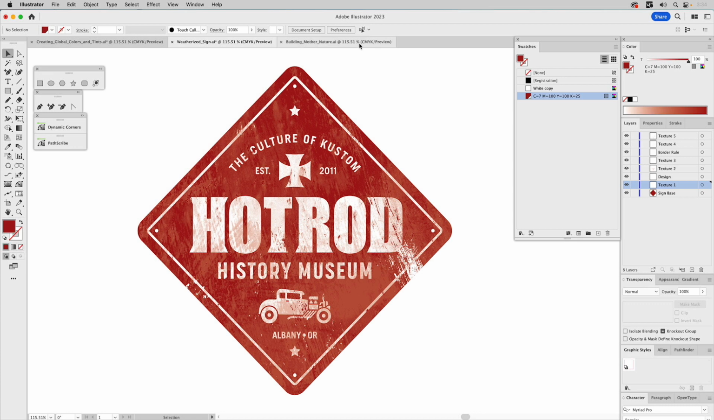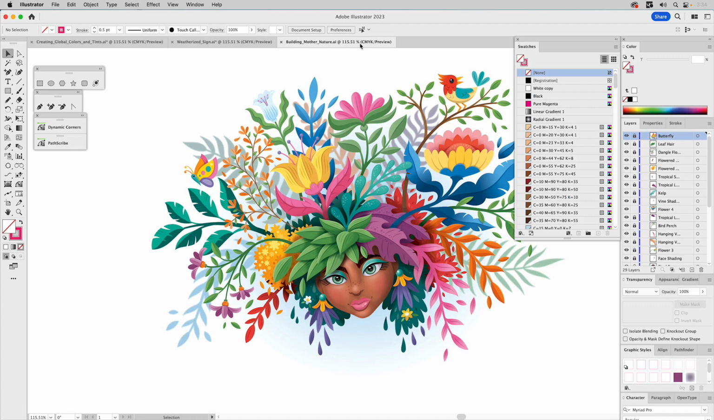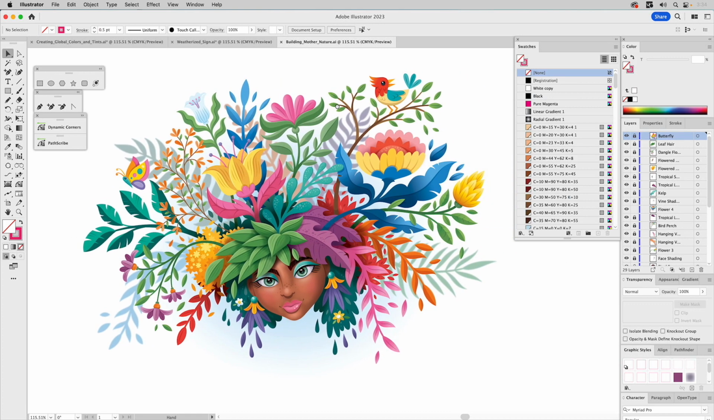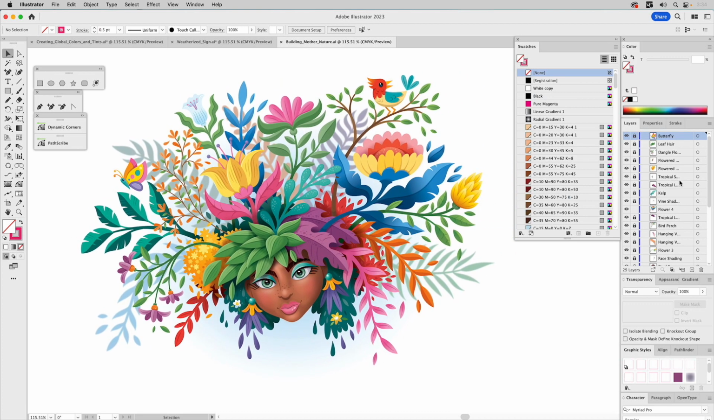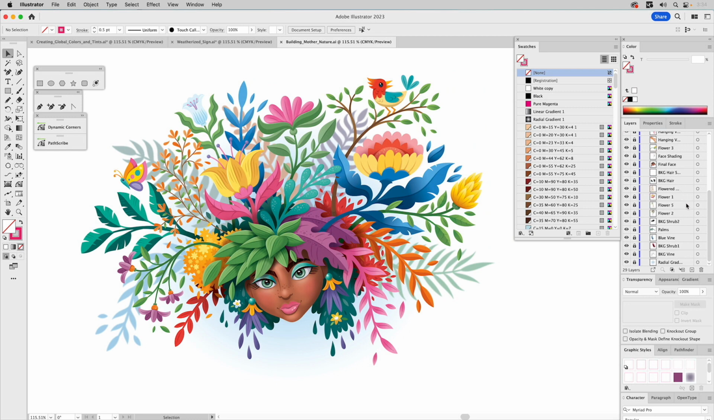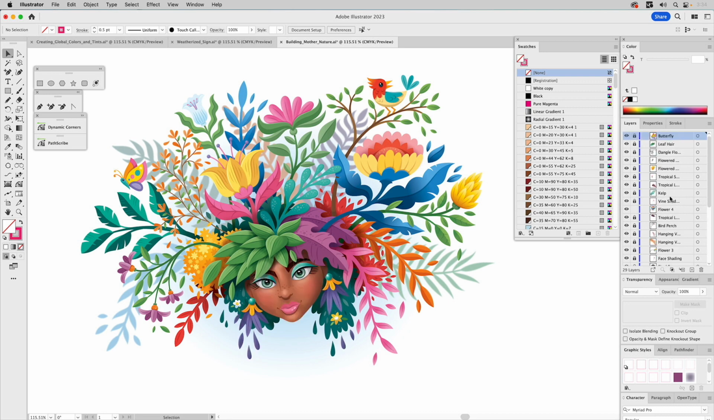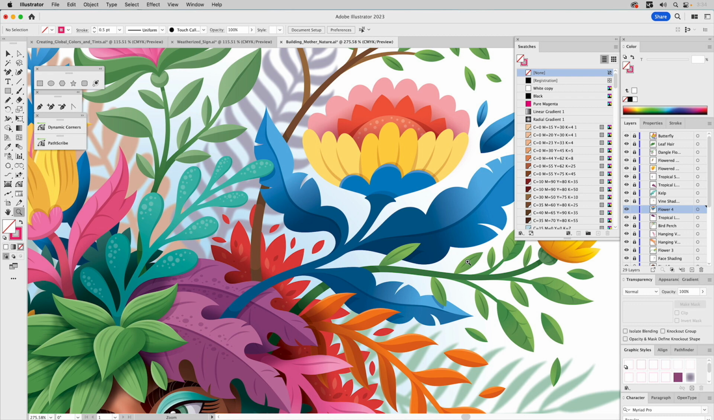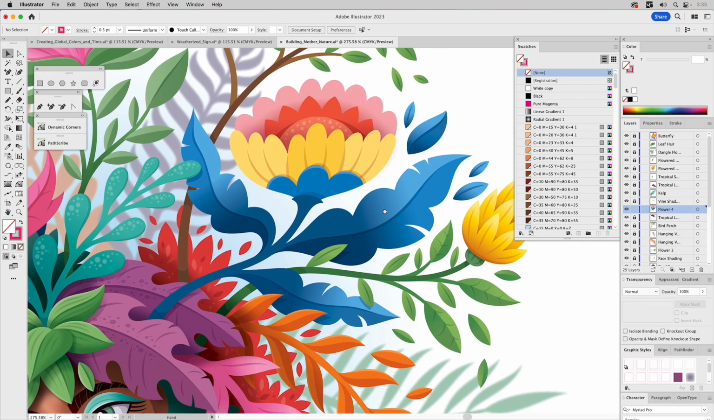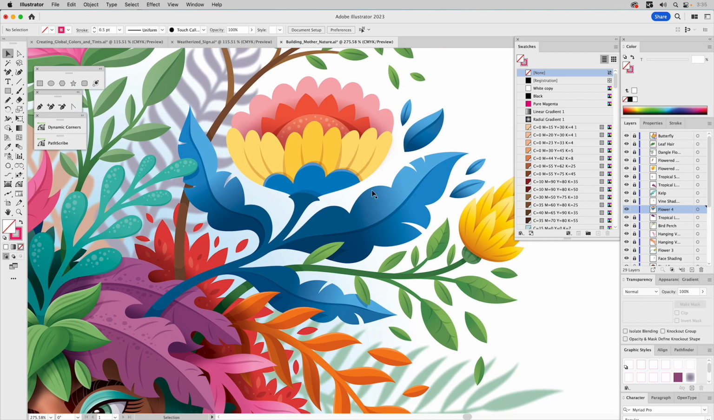So I wanted to show you that. Let's take a look at another file. This one's very complex. If you look at my layers, you can see I have all kinds of layers. And this is just so I can isolate, maybe it's the face. I can turn that on and off. In this case, I have this flower shape here. So if I go ahead and zoom in on this flower and I decide I want to change this lighter